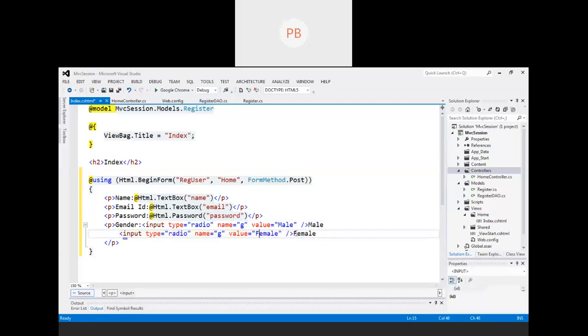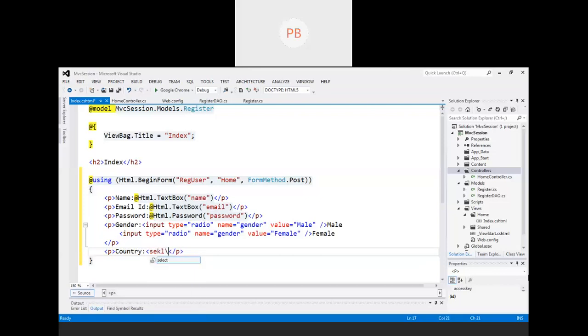In the same way, I have to generate the country also. For country, sorry, here we have to give the name according to our variable name. We'll take select name equal to, again the variable name, option.